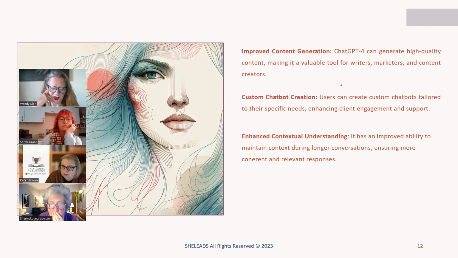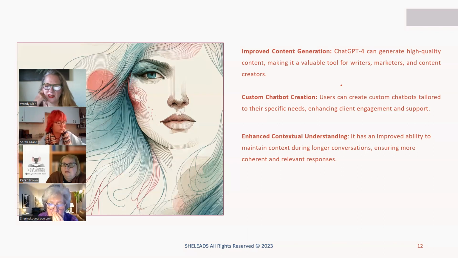This is one thing I haven't done, and I probably won't do, but you can create custom chatbots in point four, which you can integrate onto your website so people can have quite a comprehensive conversation. And also you could use that with your clients. I see this being used for things like medical centers or doctors, somewhere where you need to have a bit of a dialogue and a two-way conversation. I don't know how you would necessarily use that in coaching, but it's there.